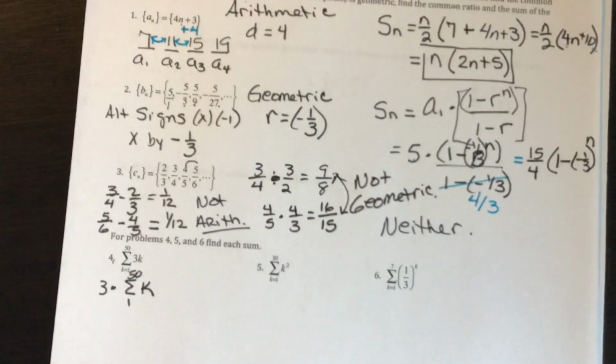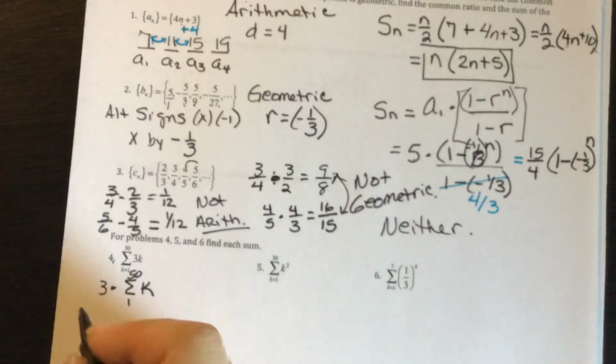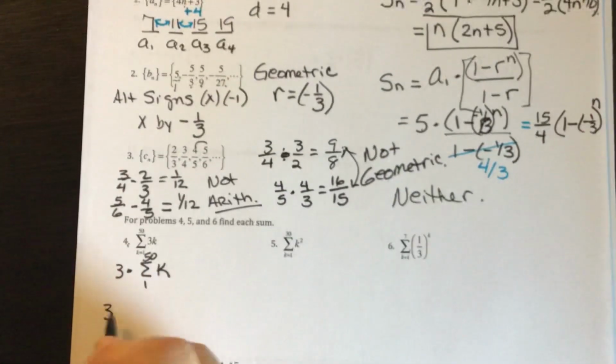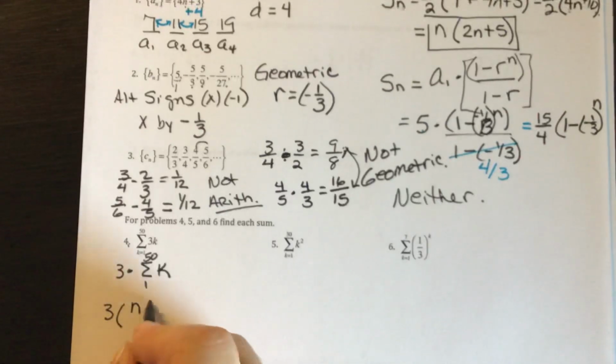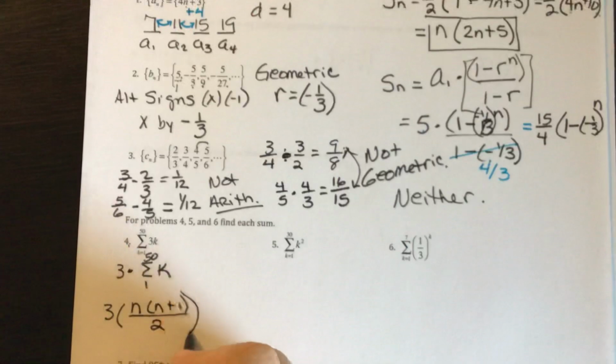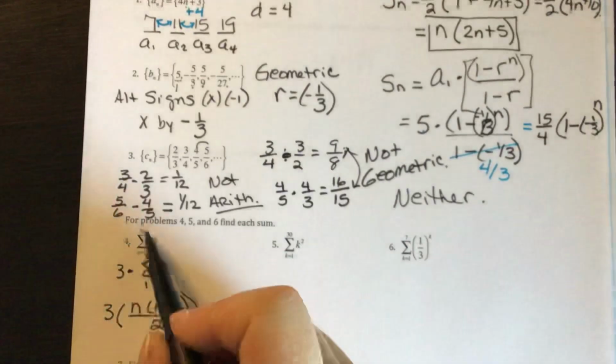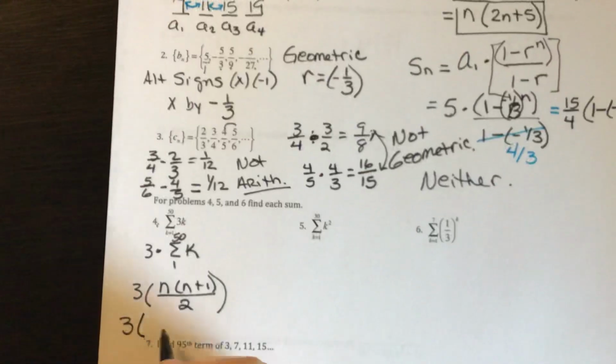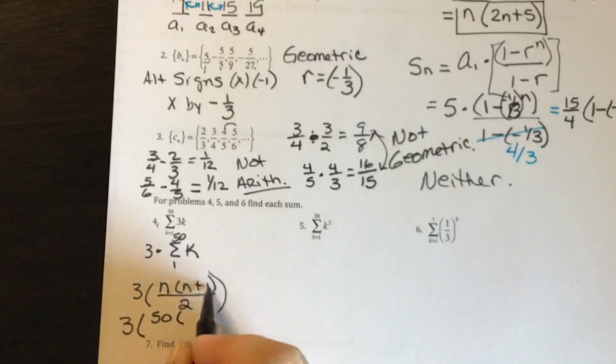Now, in our properties, we have a list of formulas, and that rule was 3 times n times n plus 1 over 2. So n in this case is 50, so I have 3 times 50 times 51